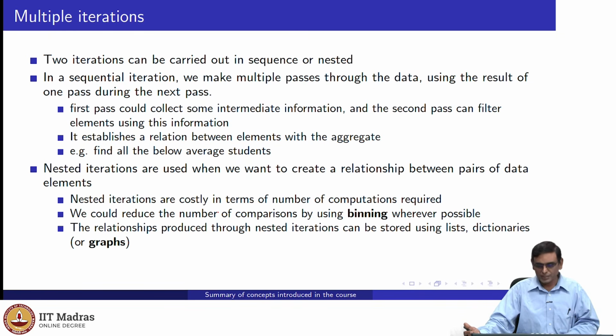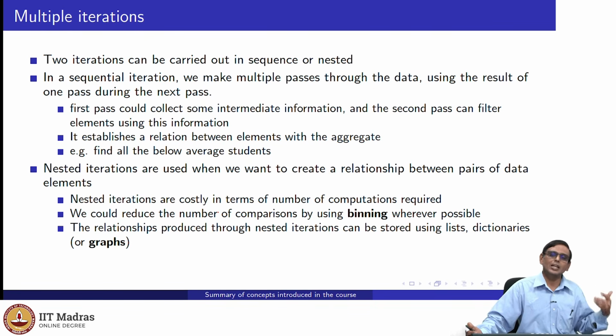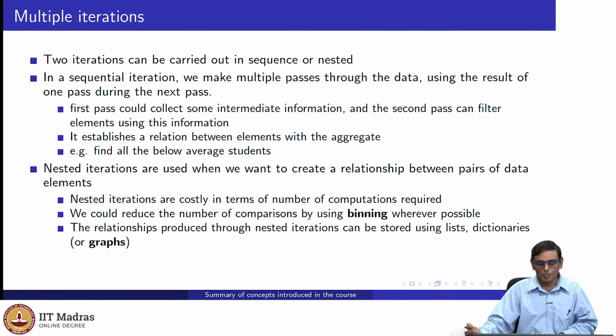So you could try and say that I'll not compare everybody with everybody else, I'll try and compare only with those who are relevant to compare. That's called binning, and whenever possible you should do that, because otherwise n square can turn out to be high. Especially with the kind of data sets we learn to deal with, they're going to be large. Like 100,000 data elements: if you try n square, 100,000 times 100,000 is very, very large. The computer will do it. Okay. So we have to be careful about large data.